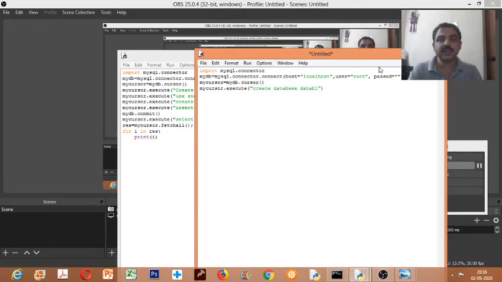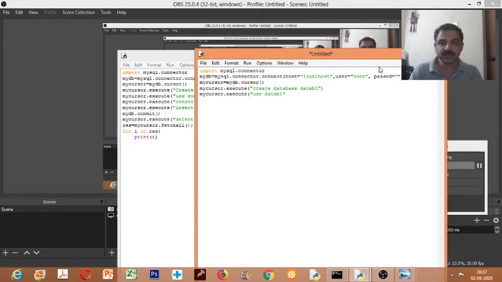Then just think how you did it in MySQL. After creating a database, to open that database you used the use command, right? So you need to execute that command also here. Use name of the database. Okay, so database is created, you open the database.